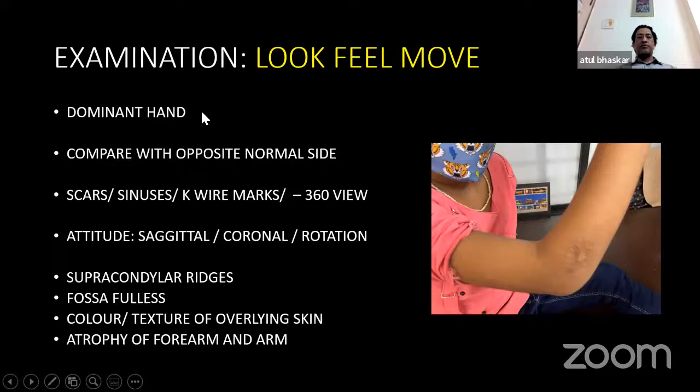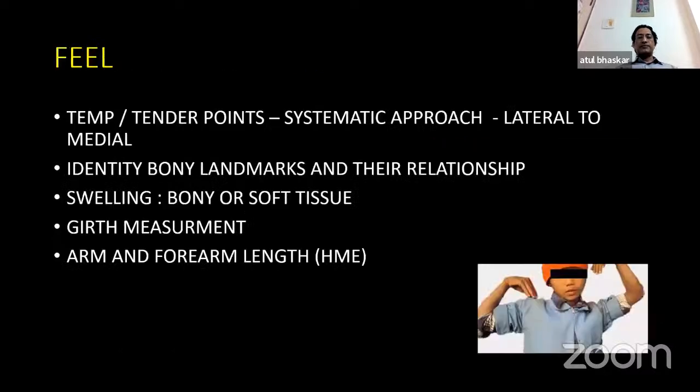So a lot of the information can come from purely inspection, whether this is a post-operative case, where the scars are located, or whether there was a wire or an internal fixation done. More or less, you get an idea whether this is post-traumatic stiffness. Of course, you palpate and look at the tender points. Again, you start a systematic approach from lateral to medial and see if there are any tender points, which is very rare from the exam point of view, because you won't get a case which is acutely tender.